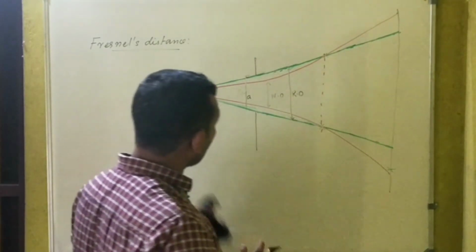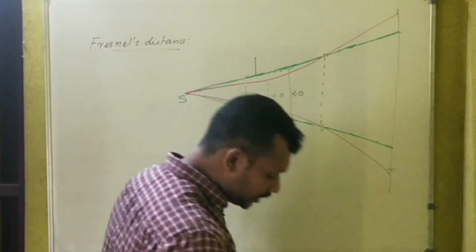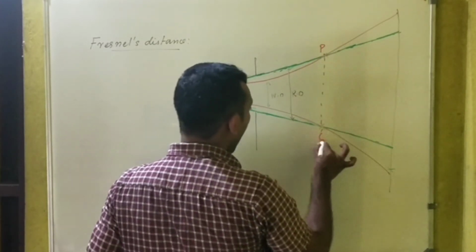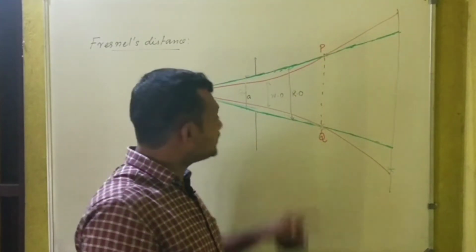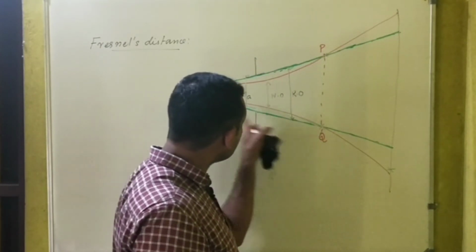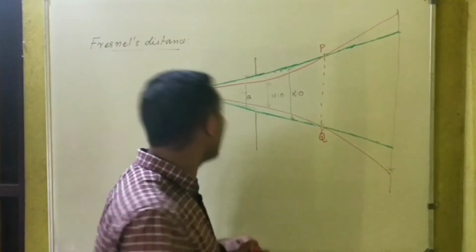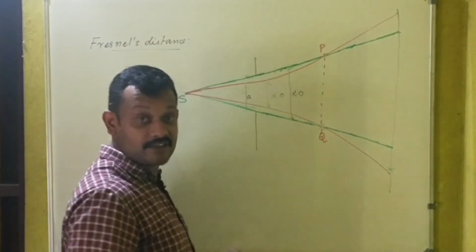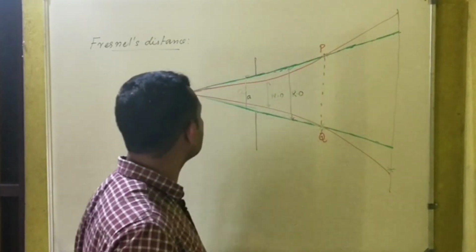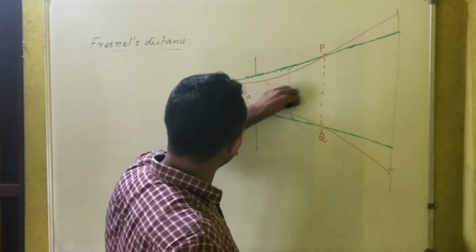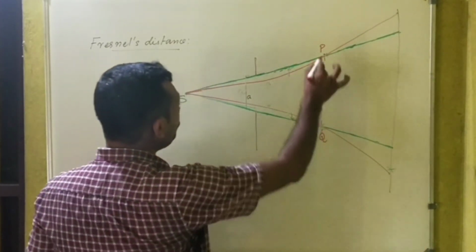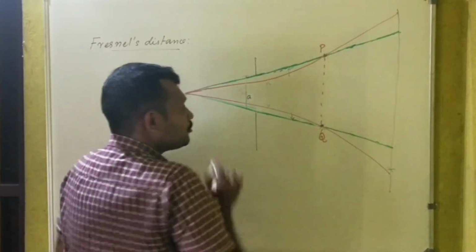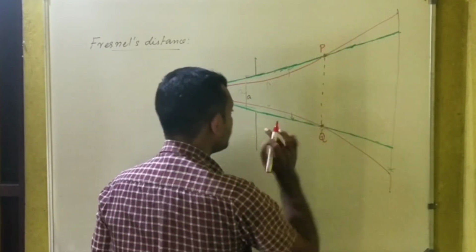The spreading up to this point, say this is PQ, up to PQ, the spreading due to ray optics is dominant over wave optics, right? So bending of light occurs here. I told you this is a bit exaggerated in the drawing, but to understand this concept, this is enough. So at the point PQ, the spreading due to ray optics and wave optics are the same.